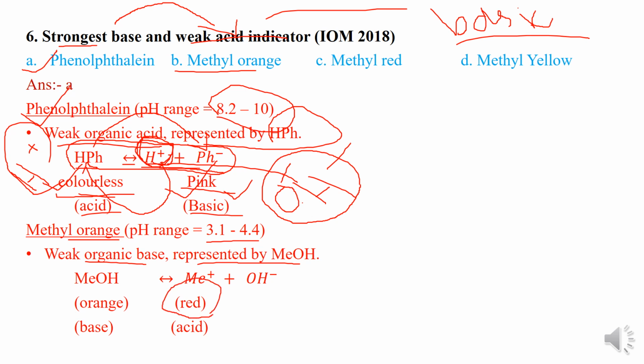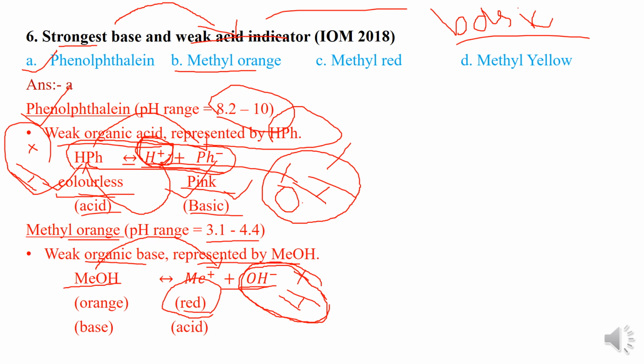So let's explain about this. In case of acidic medium, H plus will be present in that solution. So due to presence of H plus, this OH minus and H plus combine to form water, so that the concentration of OH minus in the right hand side will go on decreasing. Then the direction of equilibrium shifts from left to right due to the difference in the concentration, because the concentration of MOH is high and OH minus is low due to the formation of water from H plus and OH minus, and the color will be red